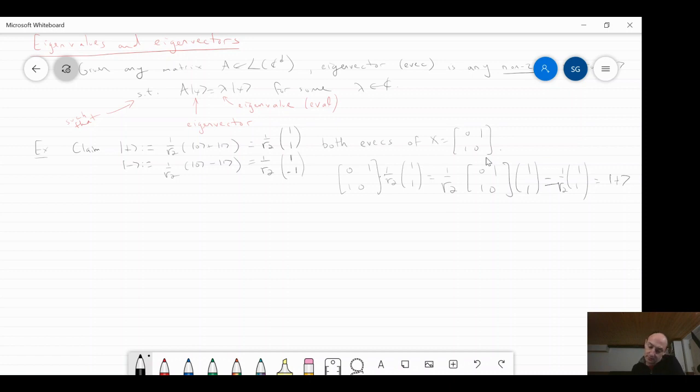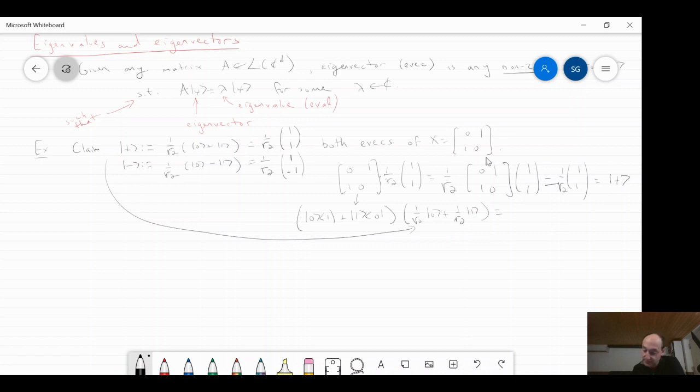Maybe let's just see how this works in the bracket notation, in the outer product notation, because it's a good exercise. Alternatively, I could have rewritten this thing in bracket notation like this: X is this, and the plus state is just 1 over root 2 times 0, plus 1 over root 2 times 1. That's just coming from here. So instead of writing things out as a matrix, I could just multiply it out. And of course, you'll get 4 terms in the expansion.